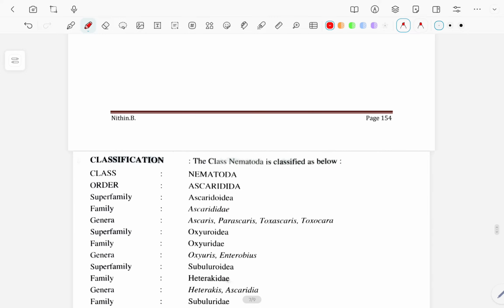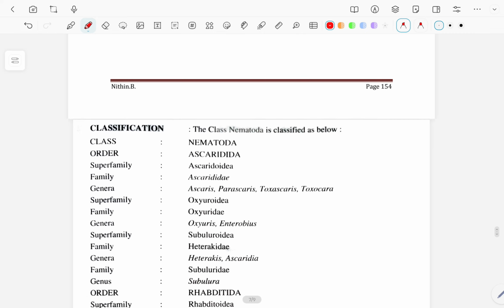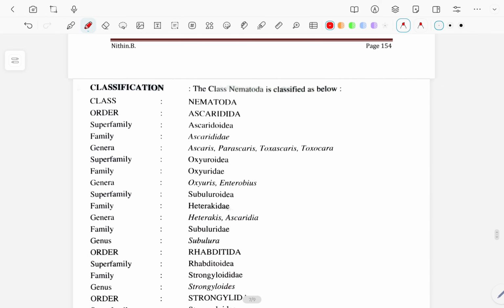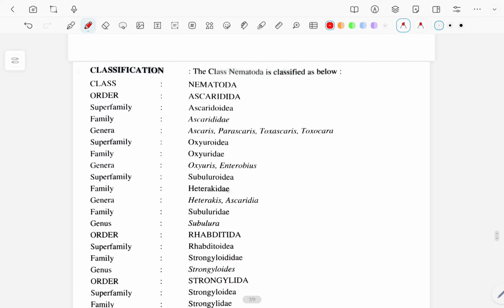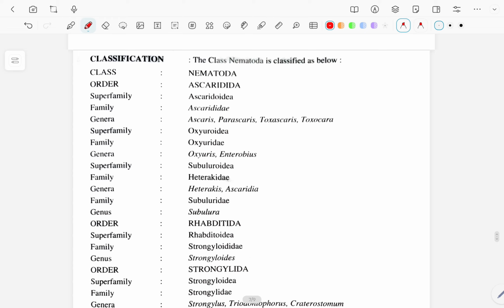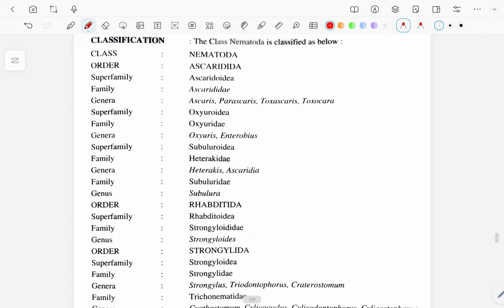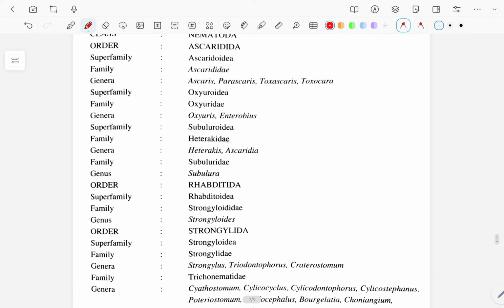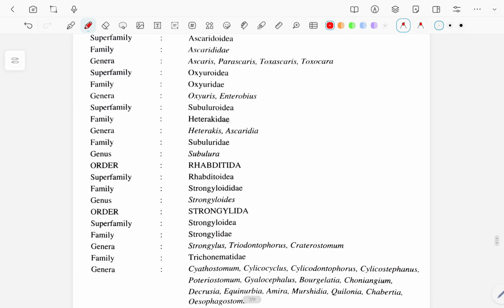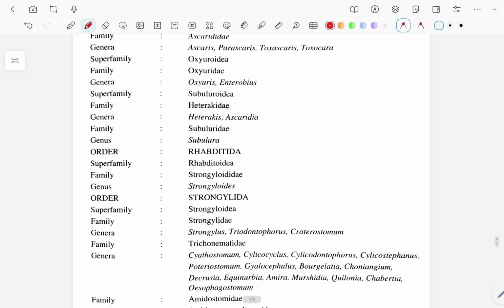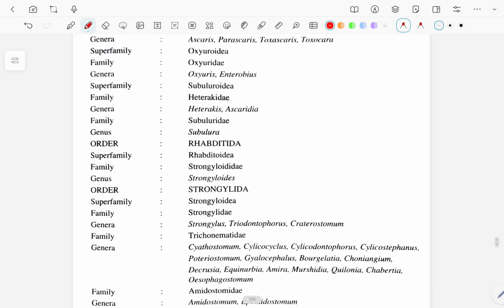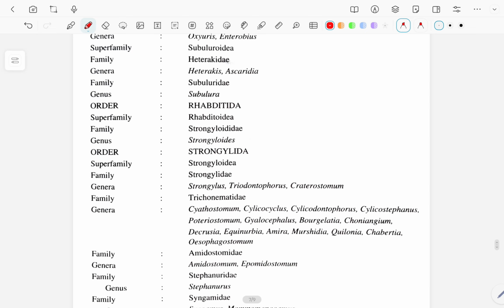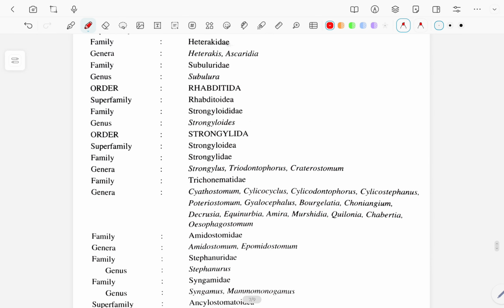Classification. The class Nematoda is classified as below. Class Nematoda, order Ascarida, superfamily Ascaridoidea, family Ascarididae, genera Ascaris, Parascaris, Toxocara; superfamily Oxyuroidea, family Oxyuridae, genera Oxyuris and Probstmayria; superfamily Subuluroidea, family Heterakidae, genus Heterakis; family Subuluridae, genus Subulura; order Rhabditida, superfamily Rhabditoidea, family Strongyloididae, genus Strongyloides; order Strongylida, superfamily Strongyloidea, family Strongylidae, genera Strongylus,